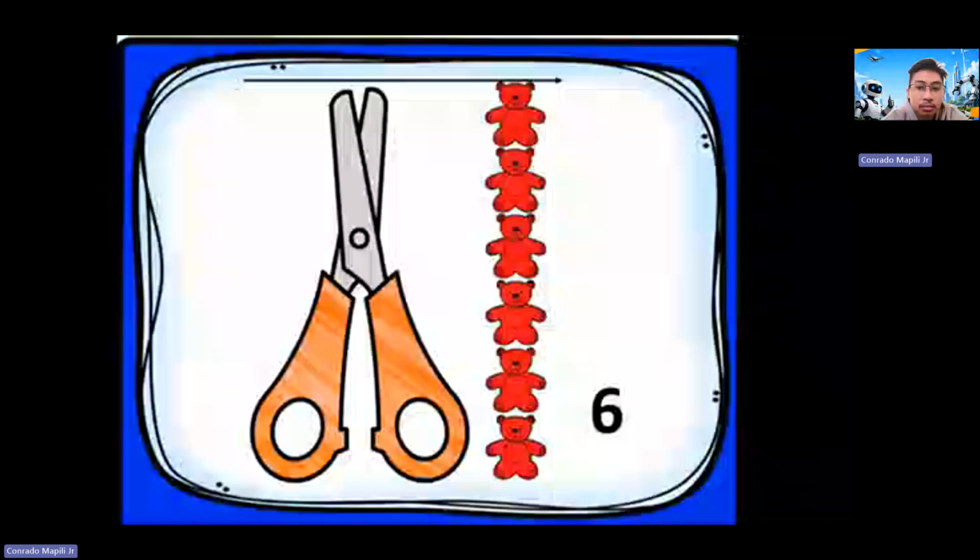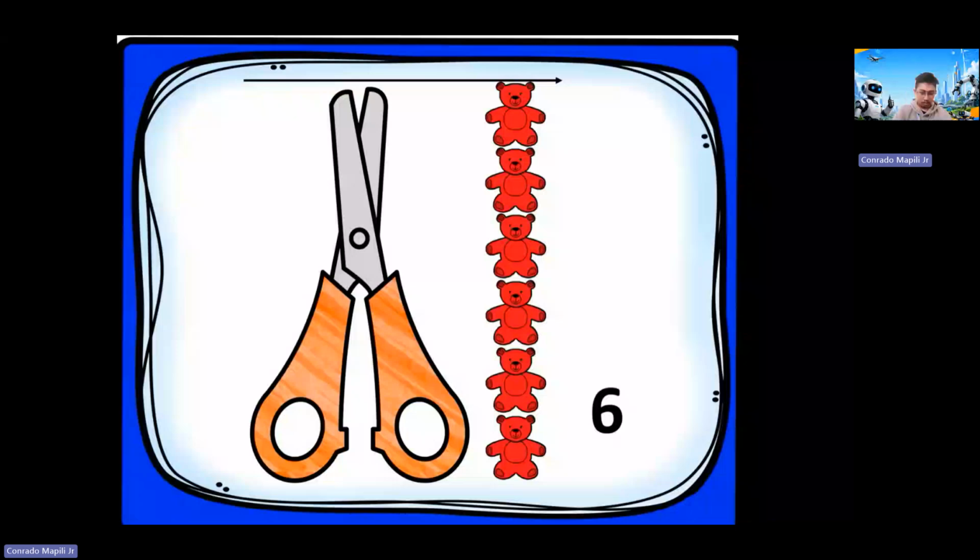And so you can see that there's a little bit left of the scissors compared to the bears, but that's okay. It is almost 6 bears tall. Remember, this is not exact. We're not having a ruler to measure, so we're going to say they are about 6 teddy bears tall. Let's do another one.